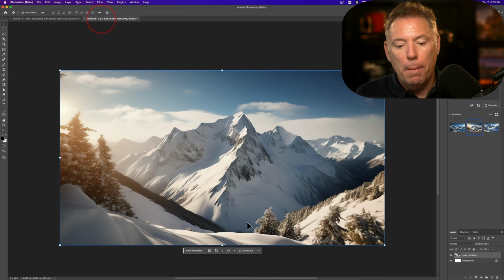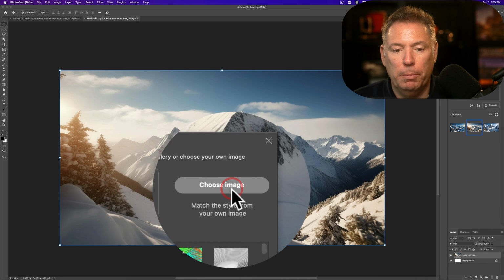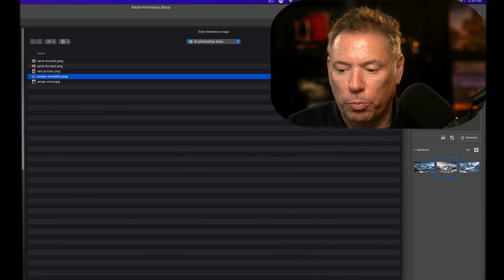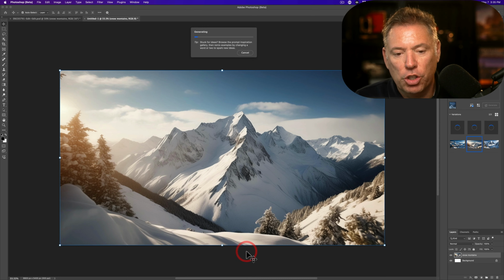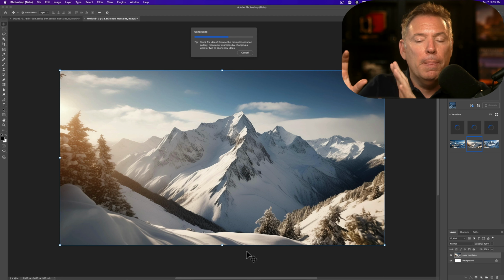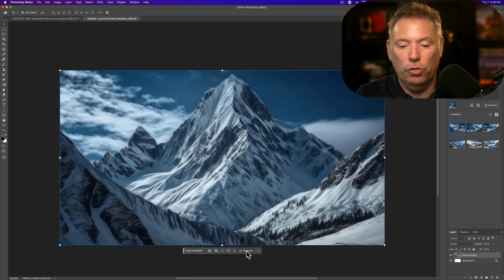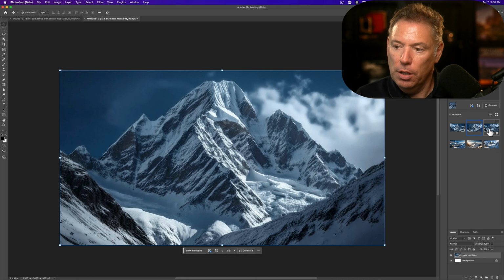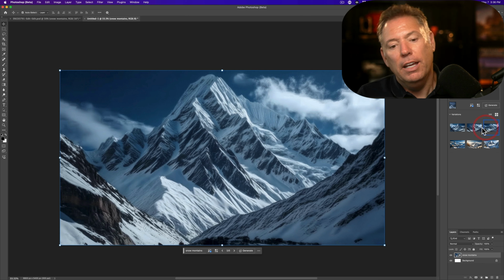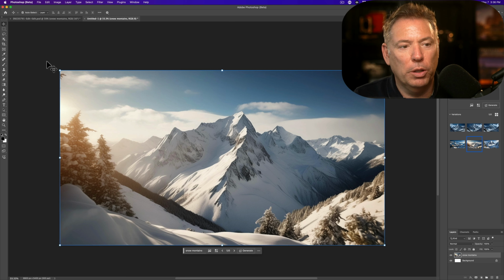Let's see if we can do better by giving it a reference image. So I'm going to go here and I'm going to choose an image. And I found this very small resolution photo, but a really nice one. And I'm going to click on generate. So I just went on Google Image and I typed beautiful snowy mountain. I found an image. It was very small and I put it as a reference image. And let's see what the AI is going to give us. Okay, kind of different. Not so bad, not so bad. I kind of like more that. You know, it has an AI feel to it. I think I'm going to use this one,